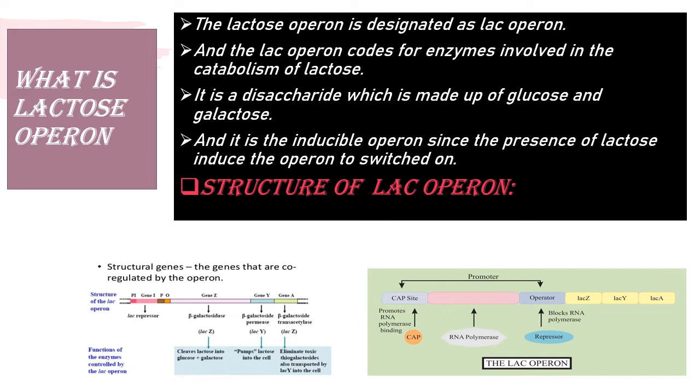Here is the structure of the lac operon, where we can see the structural genes that are regulated by the operon. Gene Z, gene Y and gene A are the structural genes. Gene Z, as you can see, encodes for beta galactosidase, and gene Y, that is lac Y, encodes for beta galactoside permease, whereas gene A encodes for beta galactoside transacetylase, and they eliminate the toxic